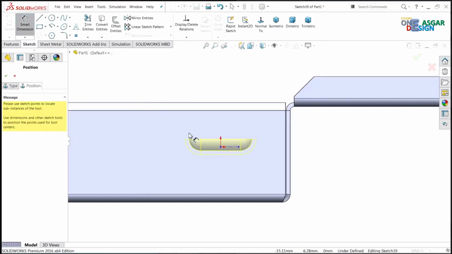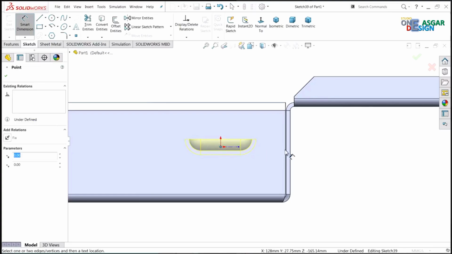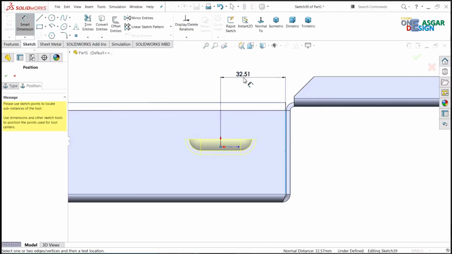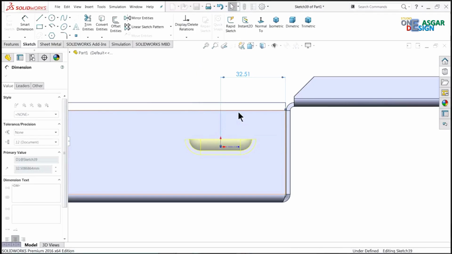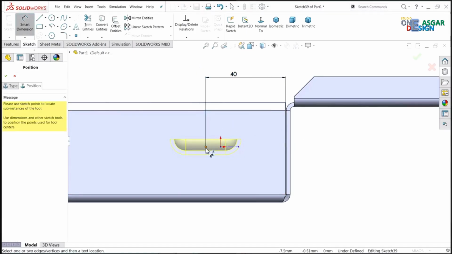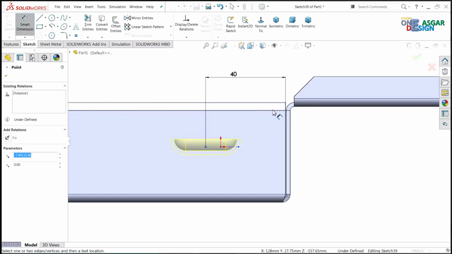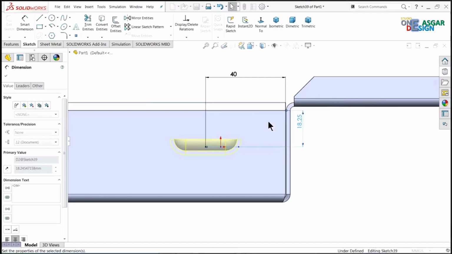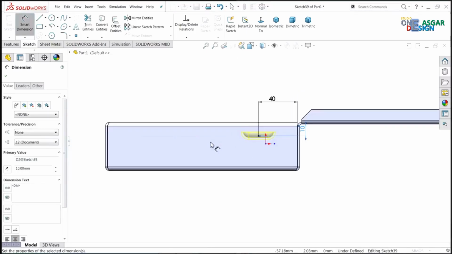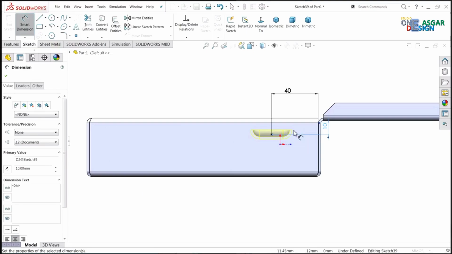Position, take the normal position and Smart Dimension. Define the dimension from the outer edge. Now here let's say 40mm, and distance from this line 10mm,